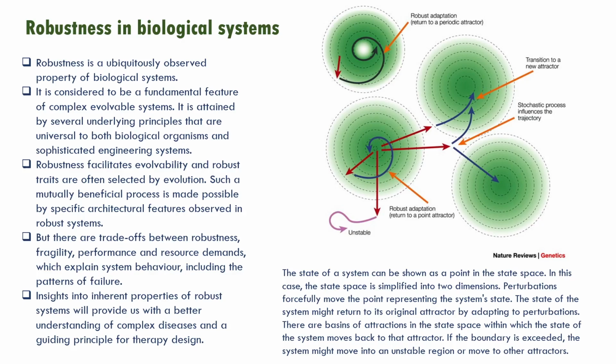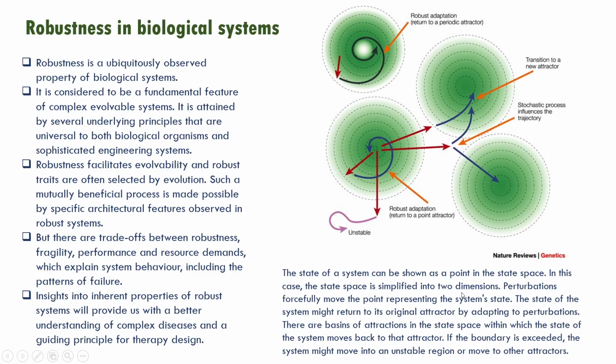The system should work regardless. So the perturbations forcefully move the point representing the states. So basically, after perturbation, the attractor is moved to a new point in space, and